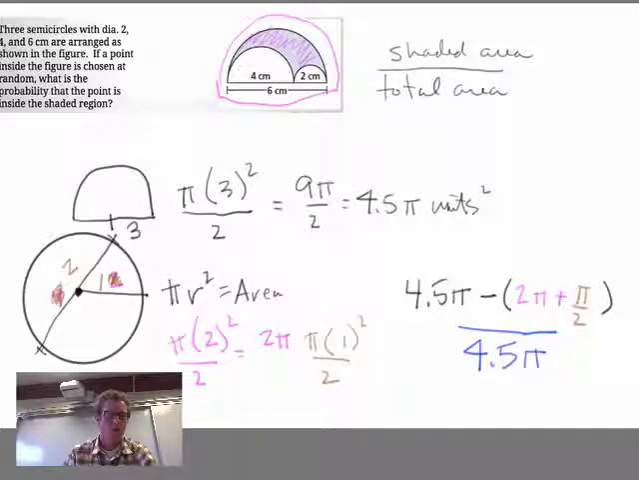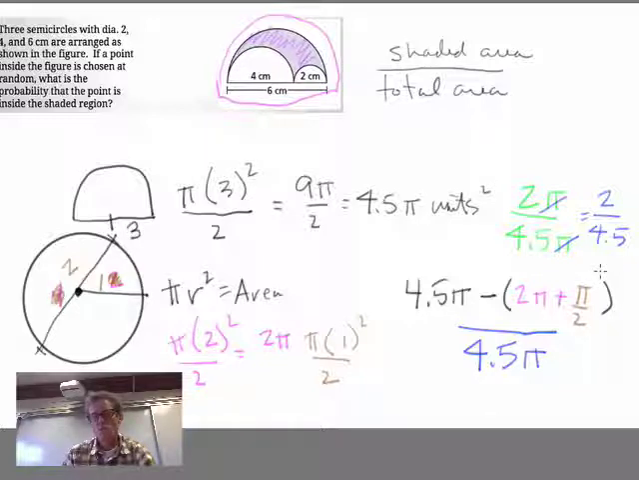Let's do this in green. What I'm left with is 2, oh, that's not green. Green, there we go. What I'm left with is 2 pi in the numerator, and in the denominator I have 4.5 pi. And the cool thing that happens here is that my pi's cancel out. So those go away, and I'm left with the ratio of 2 over 4.5. And if I was to plug that into the calculator, I'd probably get about 4